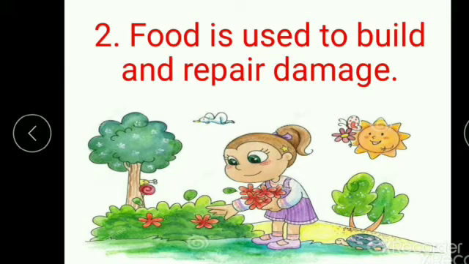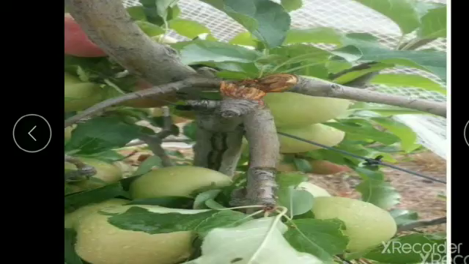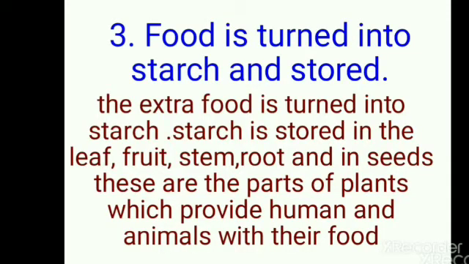So when you pick a flower or a fruit, you may damage the stalk or the stem, or if there is a strong wind, it can break the branches, right? The plant is able to use the food to make new cells and to repair such damages. Okay, this plant can repair the damages by itself. And next we will see the third one.